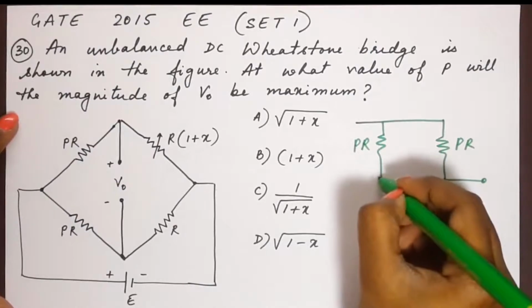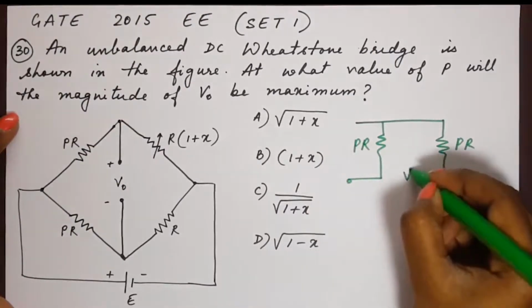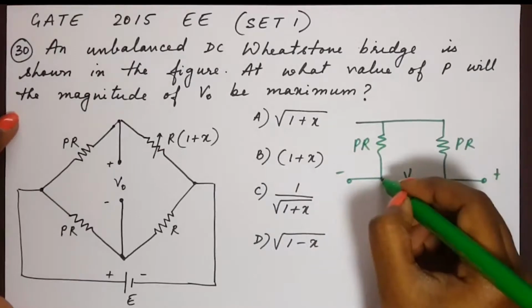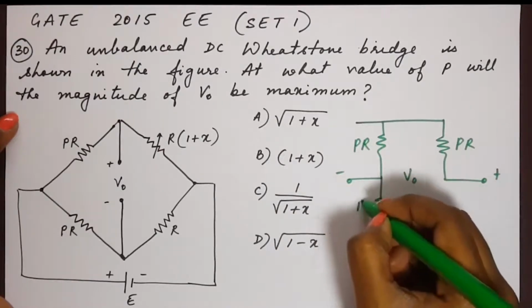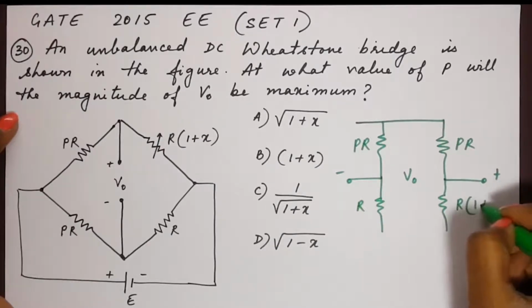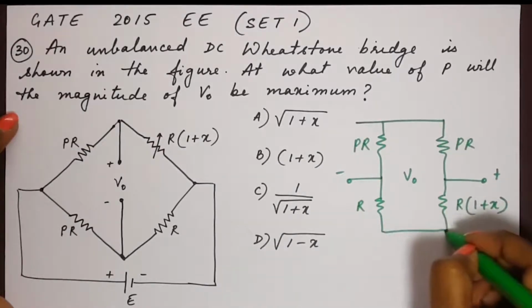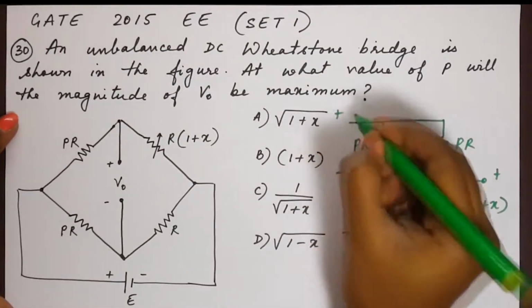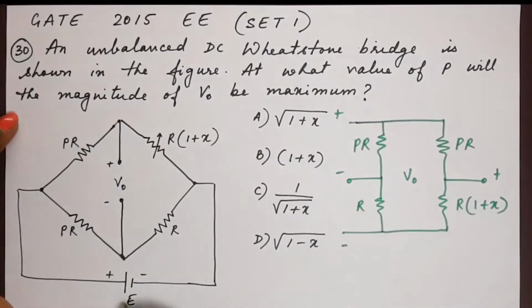And here are the terminals for V0, so this is plus and this is minus. And then we have resistance R over here, and this is the variable resistance R into 1 plus X. And the terminals at these two ends, here we have plus and minus, that corresponds to the battery given here